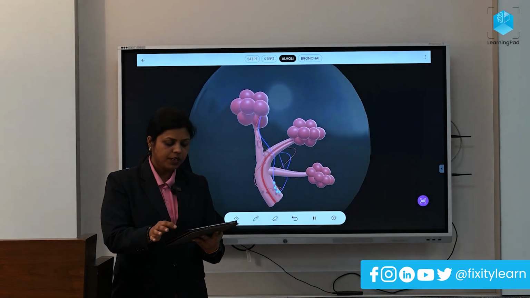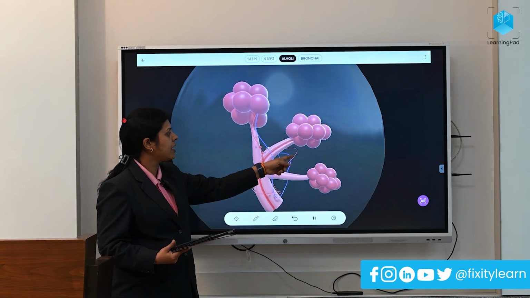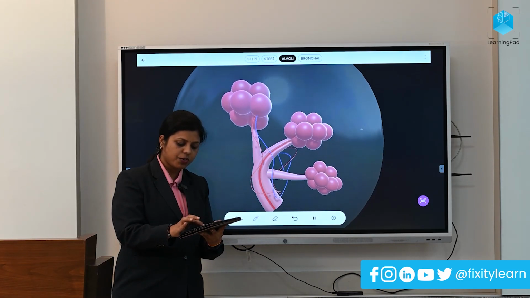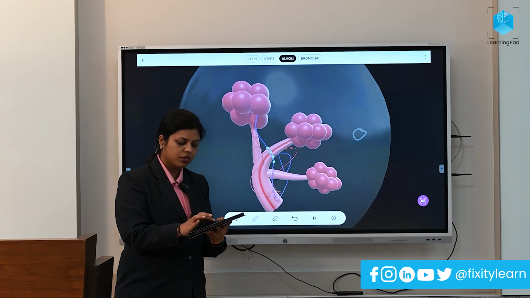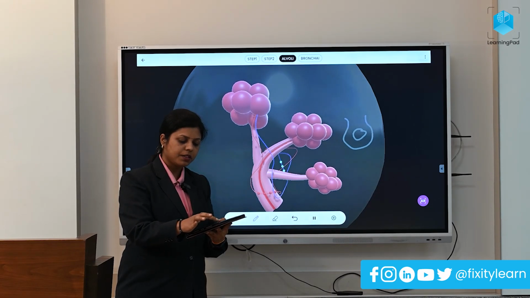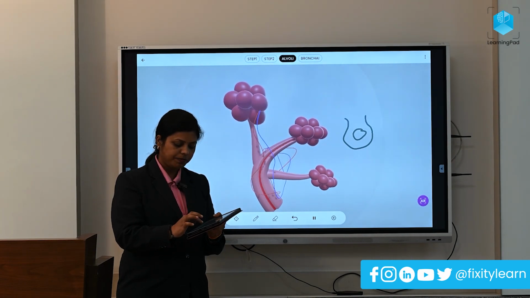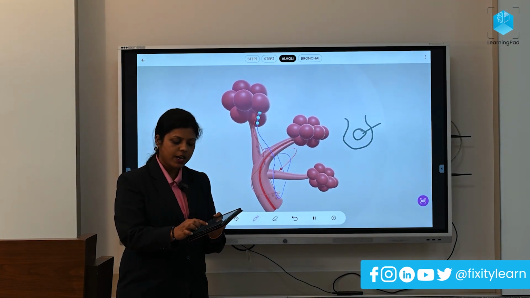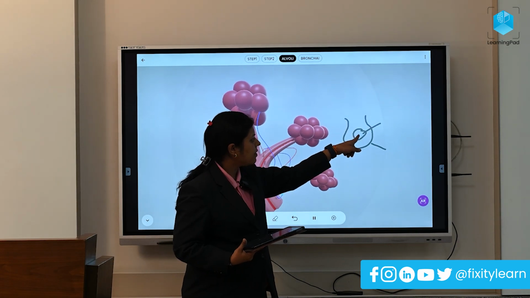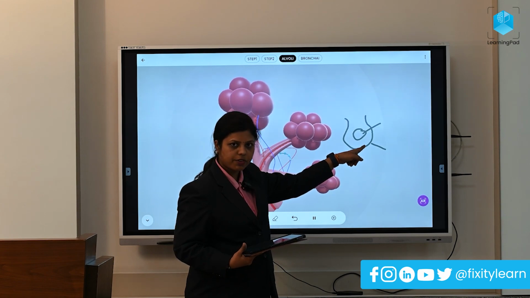Have a look. This is how the small sac-like structures, alveoli, look. These alveoli are surrounded by blood vessels. I'll draw the image for you. Just see. Suppose you have this, and it is surrounded by blood vessels. This rounded structure is the alveoli, and the outer lining that I have drawn is the blood vessels. So whatever oxygen enters into the alveoli is then passed into these blood vessels, and